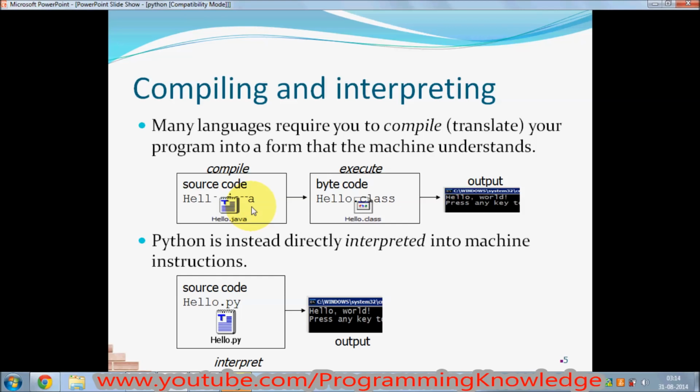In those languages you need to compile your program, but Python is an interpreted language, so you don't need to compile this. It will be executed at runtime. Okay, now